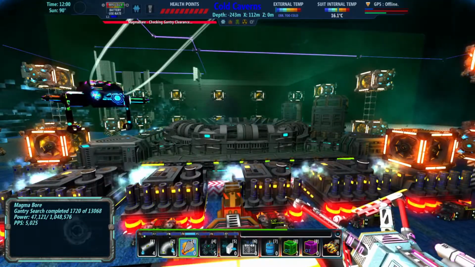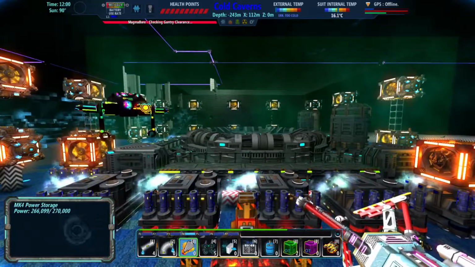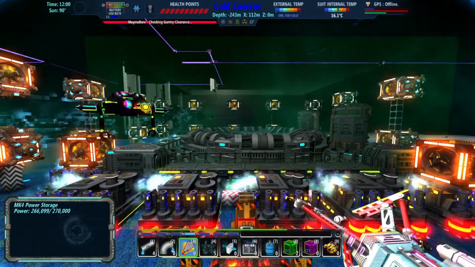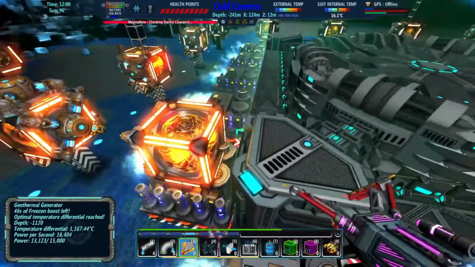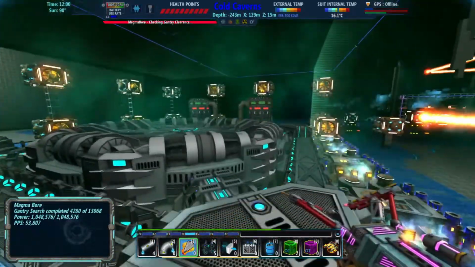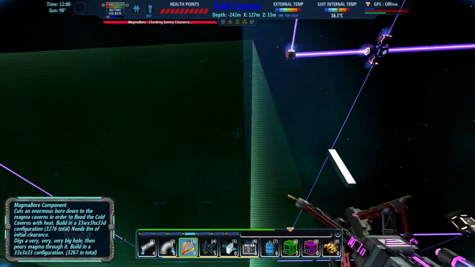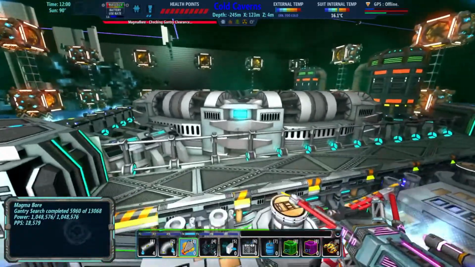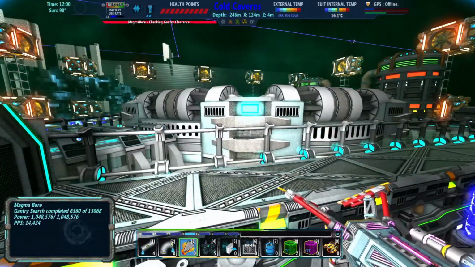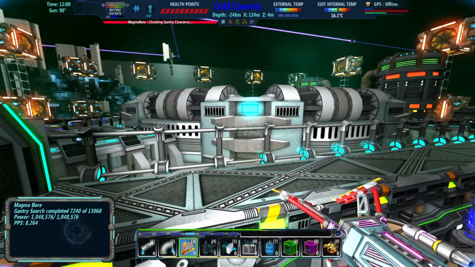So I guess it's checking the area above it, which is fine. I believe I cleared everything it should need. Right? Yeah, everything looks like it's okay, because if we look up here, I cleared that area already. Right? Yeah. Okay. So what's it doing? It's got the power. 15, 13, 12,000 power per second. I wonder what...